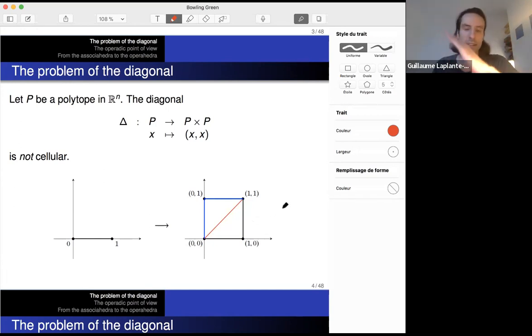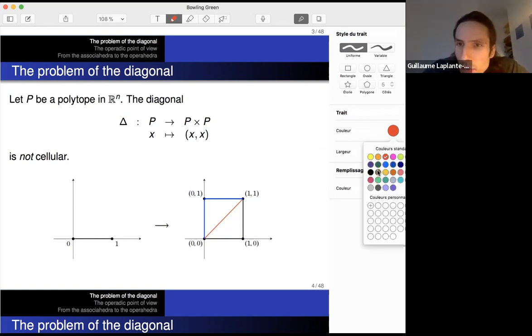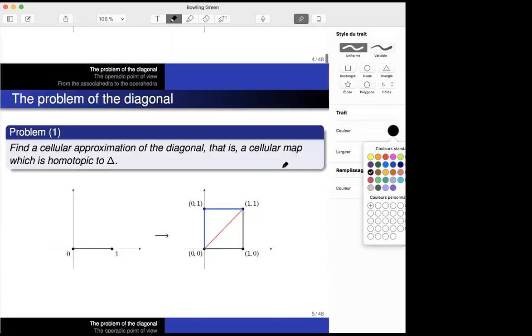It goes right through the middle of the square, and this map is not cellular, in the sense that the image is not a union of cells of the target. So one is led to the problem of finding a cellular approximation,